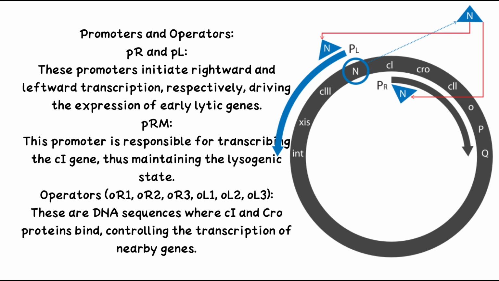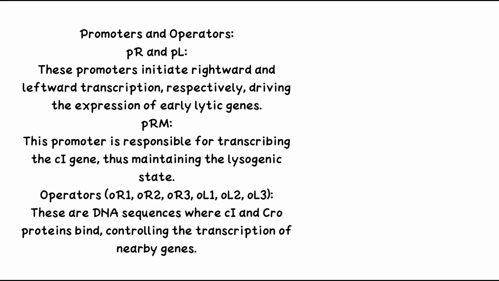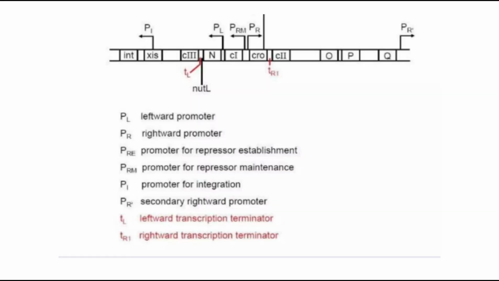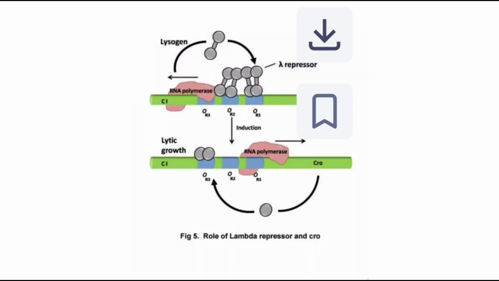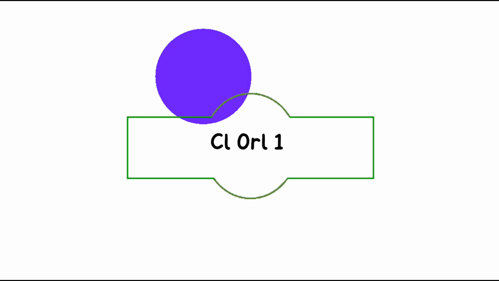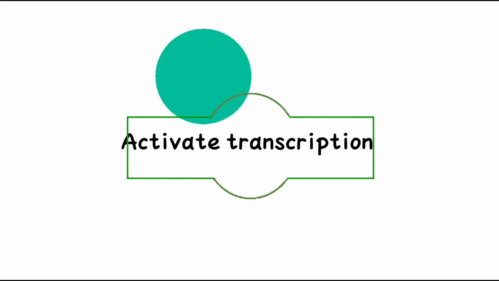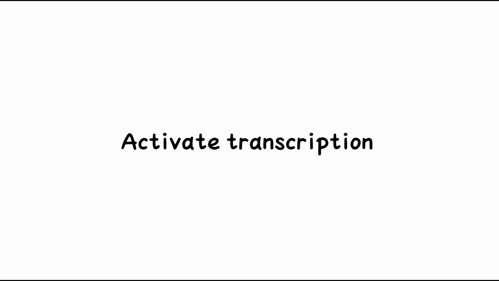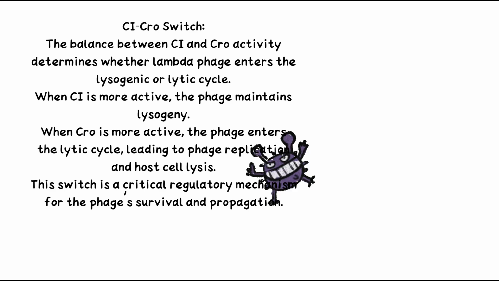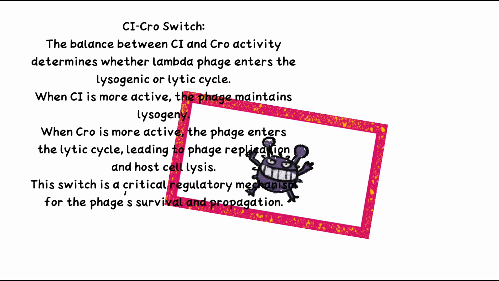of nearby genes. Then the regulation mechanism, lysogenic pathway: upon infection both PR and PL are active, leading to the transcription of early lytic genes and the synthesis of CI and Cro proteins. So the CI dimer binds to OR1 and OR2, effectively repressing the transcription from PR and PL and thus turning off the lytic cycle. Simultaneously, the CI dimer binds to OR2, activating the transcription from PRM, further promoting CI production and reinforcing the lysogenic state. So the lysogenic state is stable with the phage DNA integrated in the host genome and CI repressing the lytic